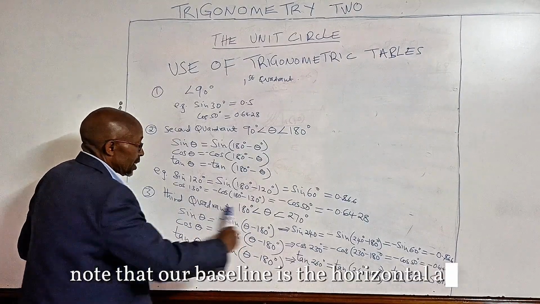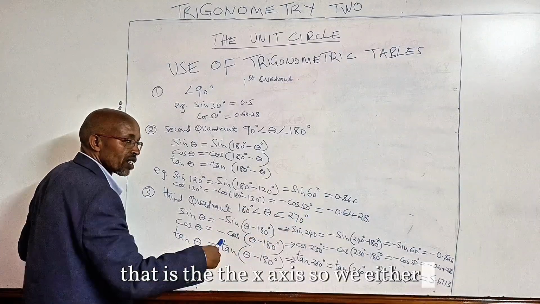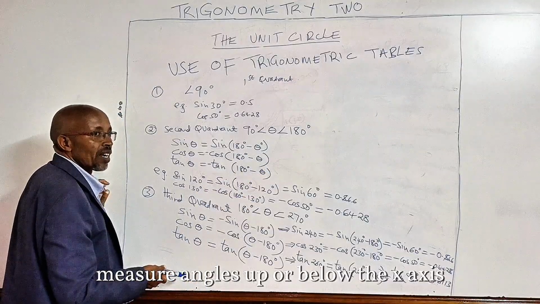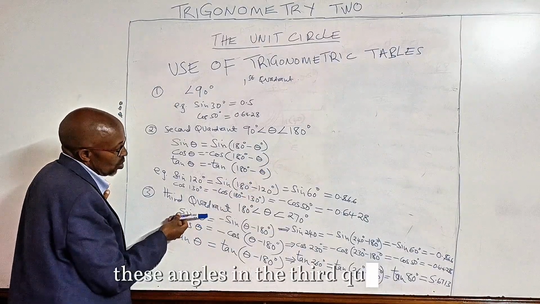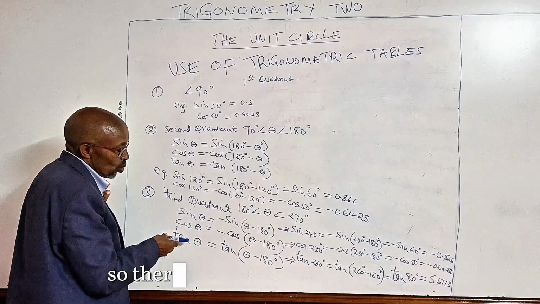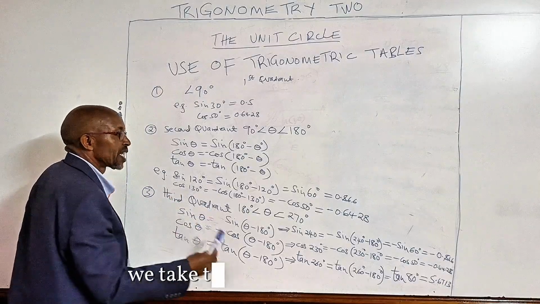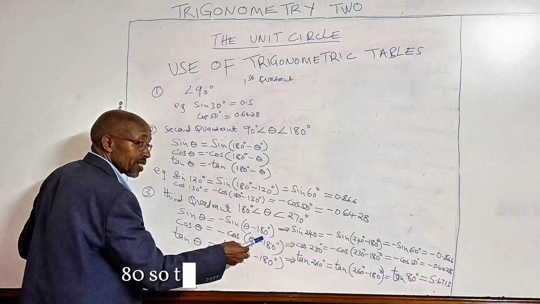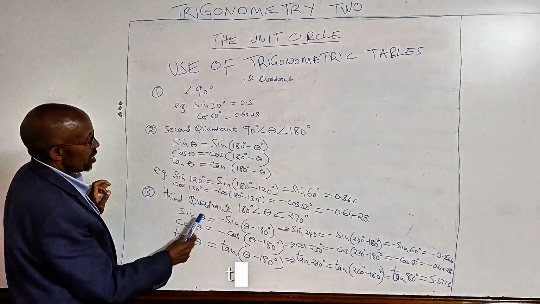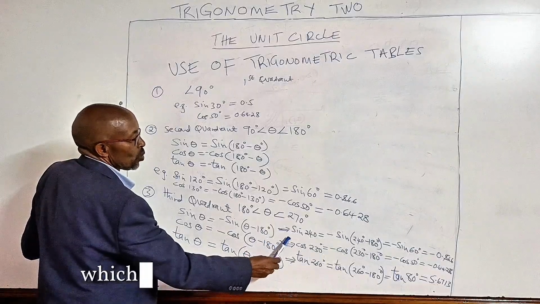Note that our baseline is the horizontal axis, that is the x-axis. So we either measure angles up or below the x-axis. Angles in the third quadrant are angles that are below. So they are more than 180 degrees. Therefore, to get the trigonometric ratios, we take the angle, we subtract 180, so that we get the acute angle. So in this case, sine theta will be equal to negative sine into bracket theta minus 180,